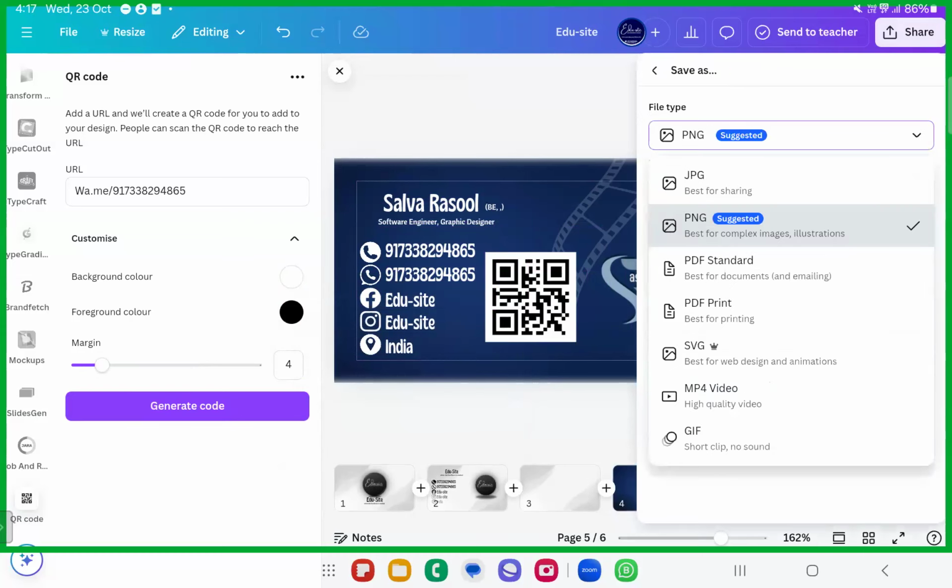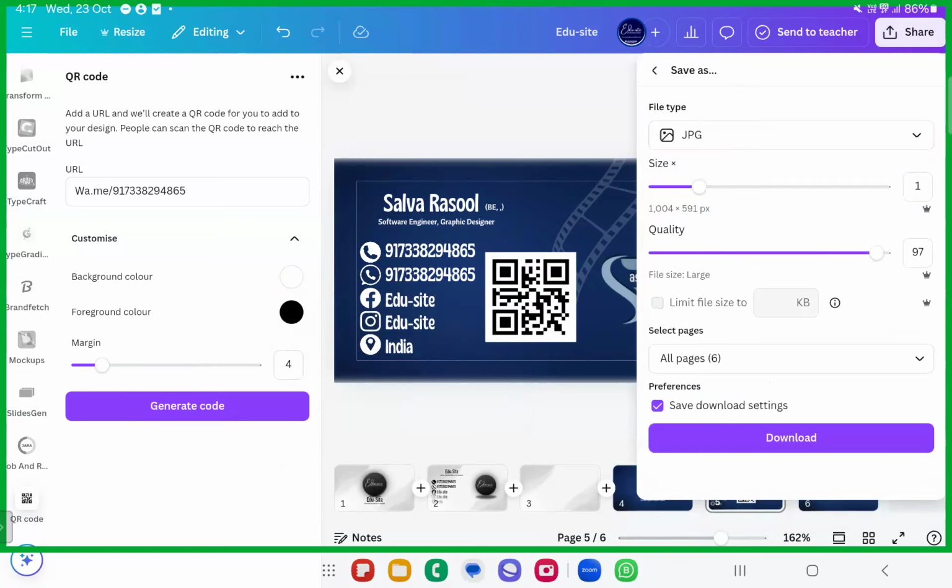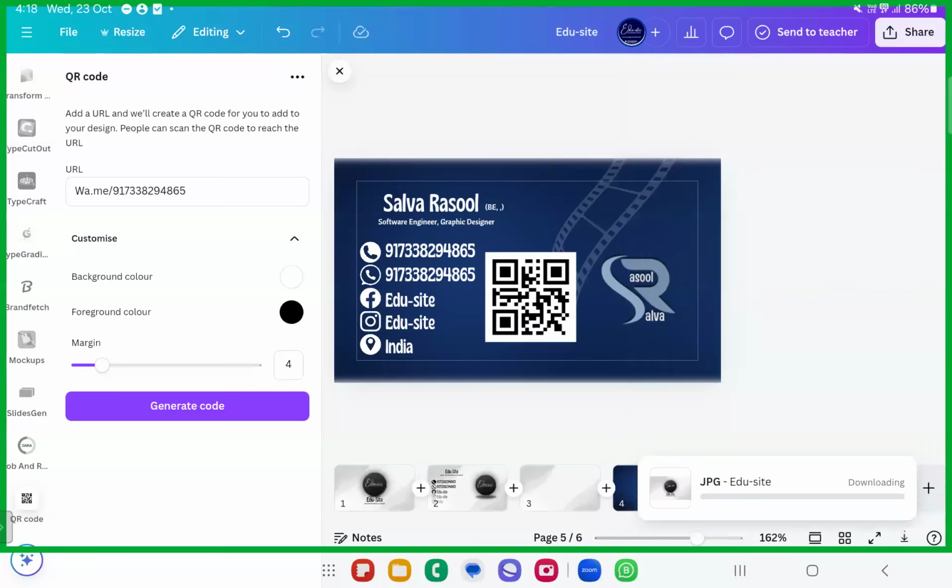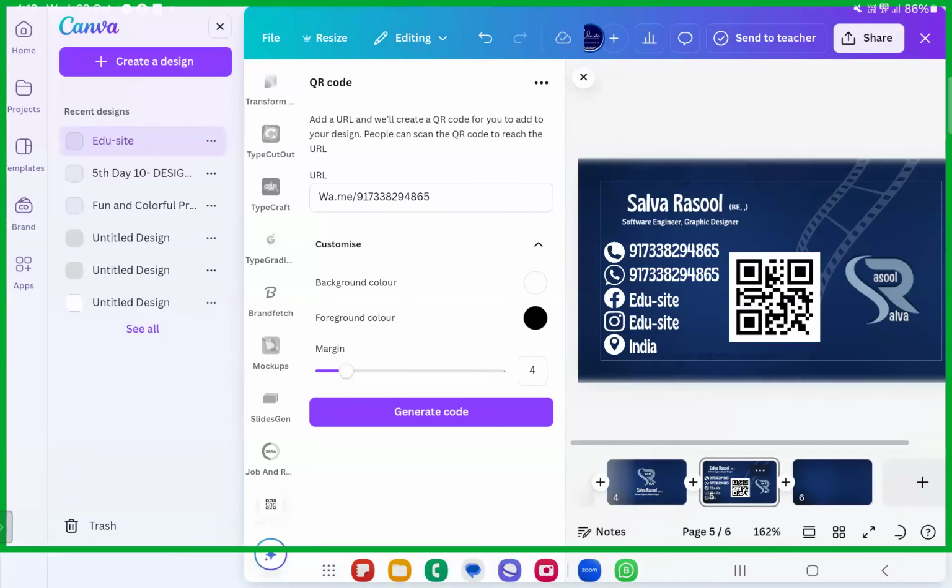Saving as PNG is better. If you go ahead with the JPG, you can go ahead with the photos. High quality, remember that. You can just download separately. Okay. One important thing is whenever you're going to finalize this one, you have to make